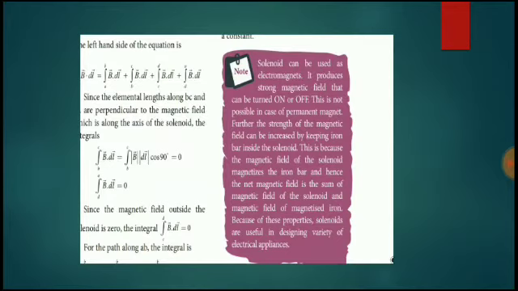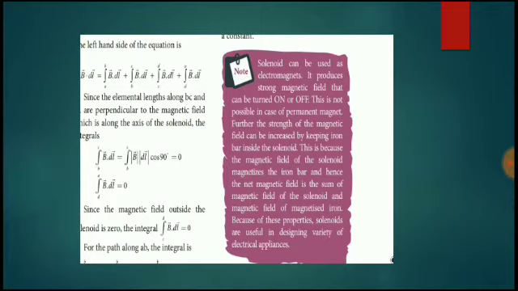So from the textbook content, the same one, see this. B dl is equal to the first side, and the second side, and the third side, and this is the final one. The elements along BC are perpendicular to the magnetic field, so if that side is perpendicular to the magnetic field, we take 90 degree, and that will be 0. But if you are taking that outside the solenoid, the magnetic field outside the solenoid is 0, so this final integral will be 0.